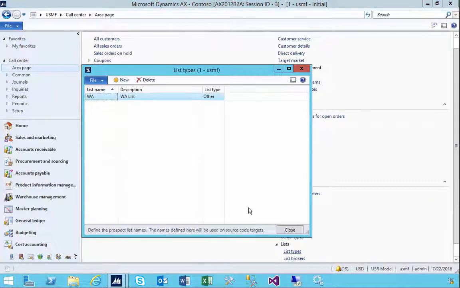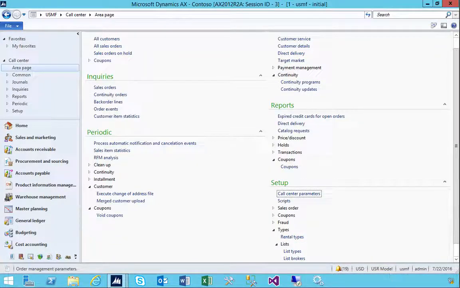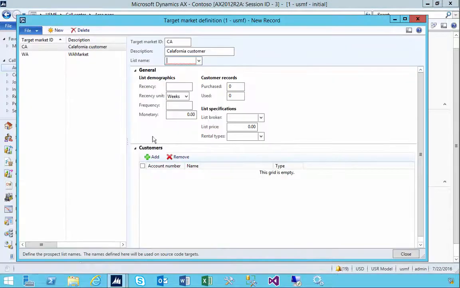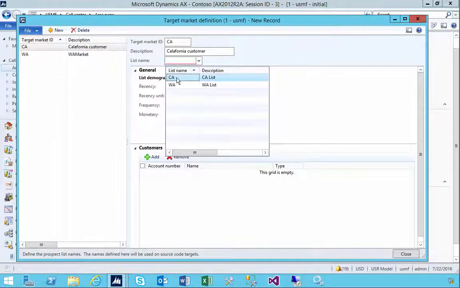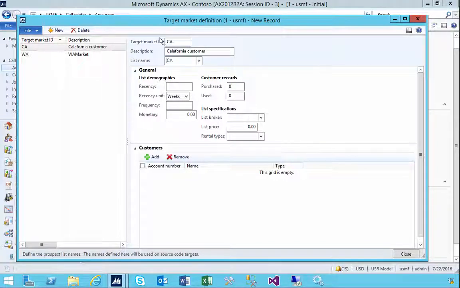setup area here, list type. So it's really just a name that you give it, and there's a type that you associate, which is: is this a rented list, or did you buy the list, or is this just a list that you're making up? So of course you could go out to the market and rent a list, or you can buy a list of contacts, for example. In this case I'm just using contacts that we have in the system already. So once you have a list type, you can associate that with the list or the target market that you're